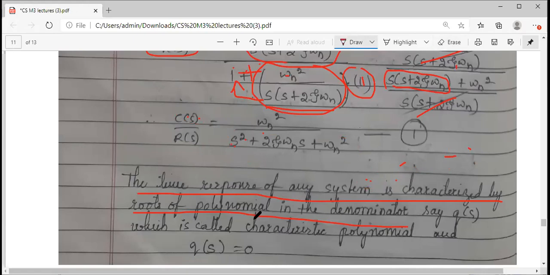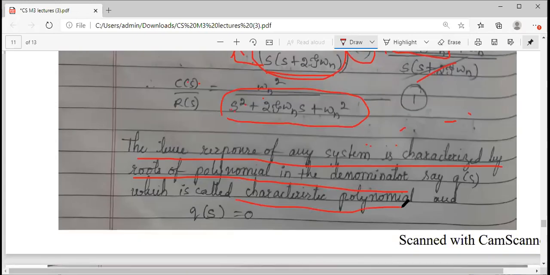Okay. So in order to find the roots, what I will do, ये जो denominator term है, I will make it equal to 0. You know, it is called the characteristic polynomial, right? Whenever you go for solution of any differential equation, what you do? For any given differential equation, first you find the homogeneous equation. मतलब जो भी equation आता है left hand side, right hand side को आप 0 कर देते हो. Then you go for characteristic equation in terms of m and find the roots. Hope you remember how to solve any differential equation. So I am just relating this concept to that.